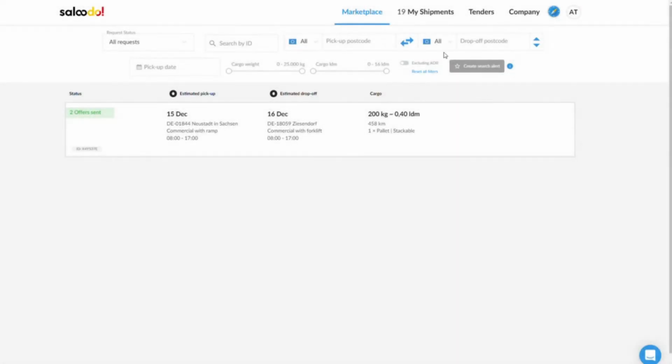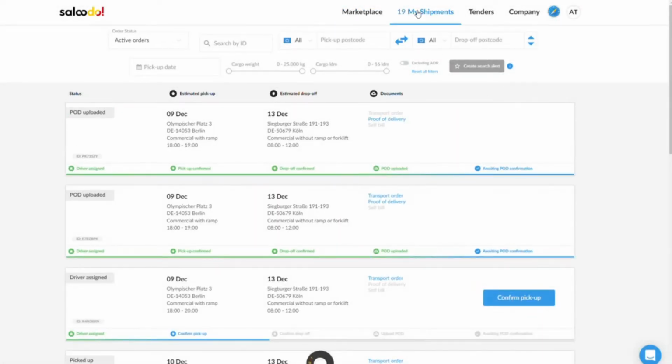All documents related to transport orders that you process via Saloodo are automatically saved in your dashboard. To view the documents, click on My Shipments. As you can see here, the documents are always assigned to the respective order. In addition, there are various filter options that ensure you always have a complete overview, no matter how many order